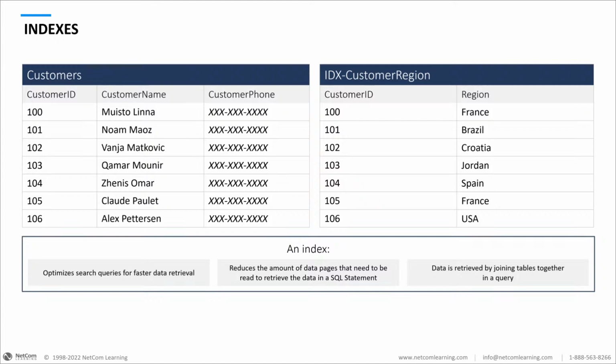Indexes. Indexes in a relational database make life even better because they speed up the process of retrieving information. So think about an index this way. I'm going over to the filing cabinet. I want to find the record for Brent Dawson. Brent is a B, right? B comes after A.